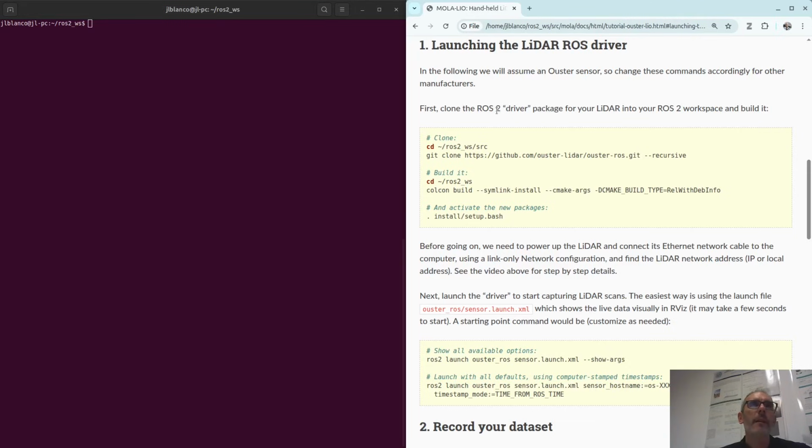The installation of the LiDAR driver depends on the manufacturer. I will assume that we are using, as an example, an Ouster LiDAR. This LiDAR comes with a package called Ouster ROS, which is here on GitHub. I will assume that you have already installed that. If not, I have left the instructions here on the documentation page of the tutorial, so you can copy that later and build.